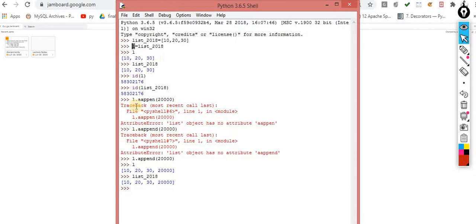But in future whenever I make a change over L, that shouldn't be reflected into this one. This is my problem statement, because in other programming languages, when I do this, it means I am copying it. But here this concept is called aliasing. This is not copying, this is just aliasing.